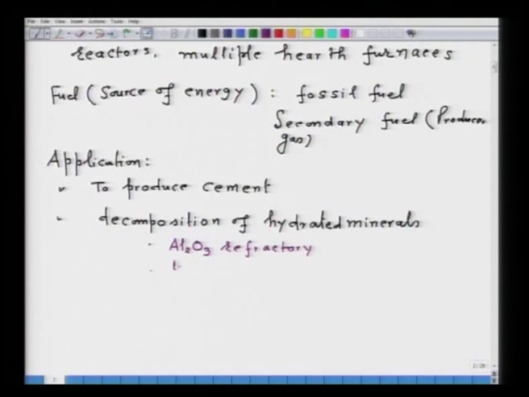So, one of the purposes could be to produce alumina refractory, and another purpose could be to produce alumina for electrolysis in the Hall-Héroult cell, as all of you know, because that Al2O3 should be anhydrous. Otherwise, there is an evolution of hydrogen, and you will be consuming a large amount of electrical energy to produce aluminum if you do not remove water from alumina. Third application could be decomposition of volatile matter